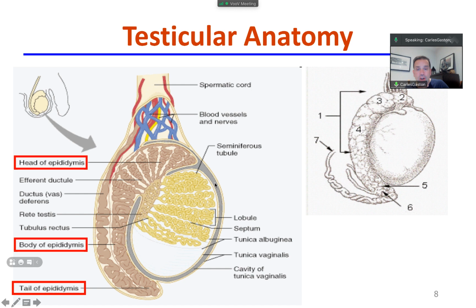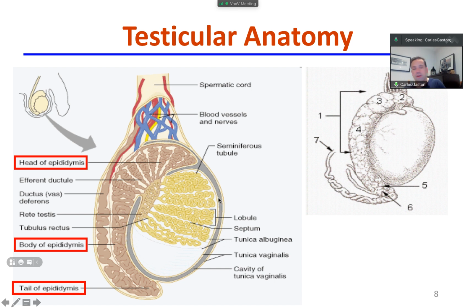You can see there are lots of seminiferous tubules. Seminiferous means that they will produce sperm, and these tubules are separated by septums to form lobules, and they are